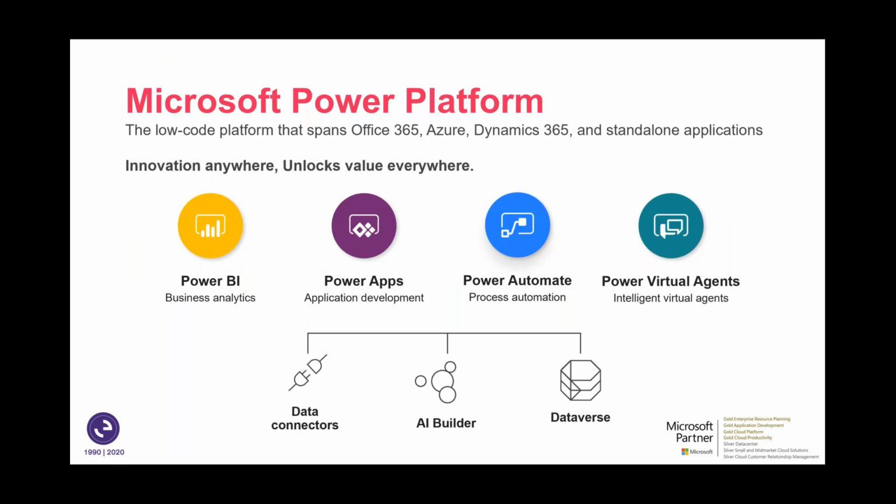The Microsoft model for Power Platform really centers around four main applications: Power BI, Power Apps, Power Automate, and Power Virtual Agent. And all of these have various sources of data connectors and models that can be connected and implemented to be able to deploy a larger solution, or extend your existing solution to use these tools